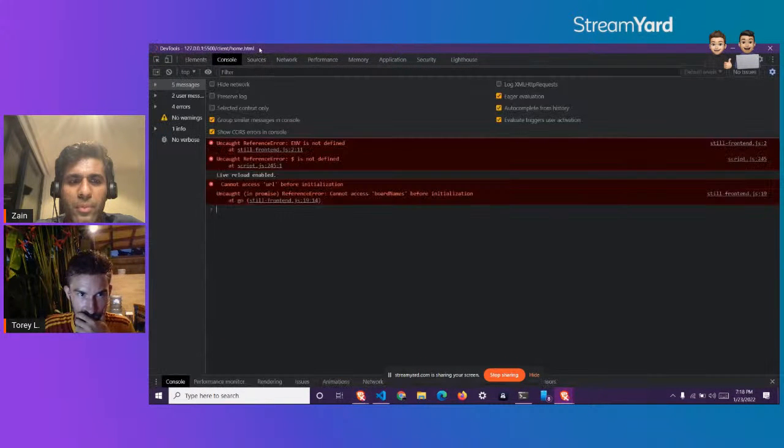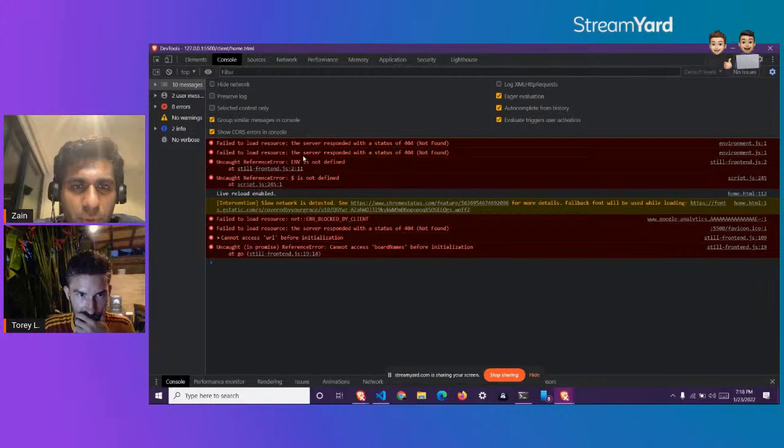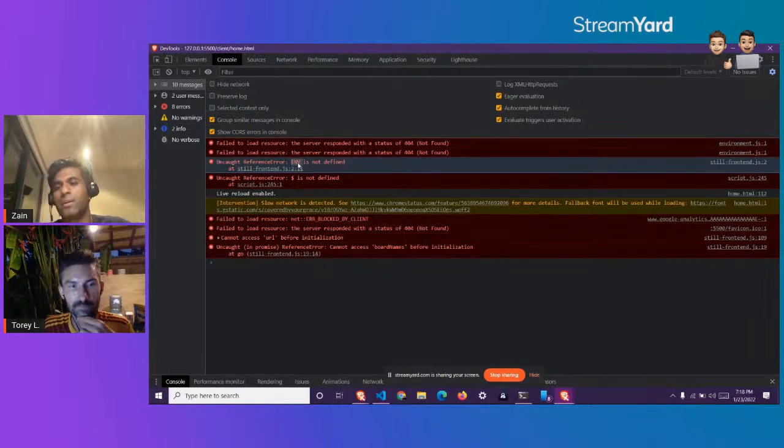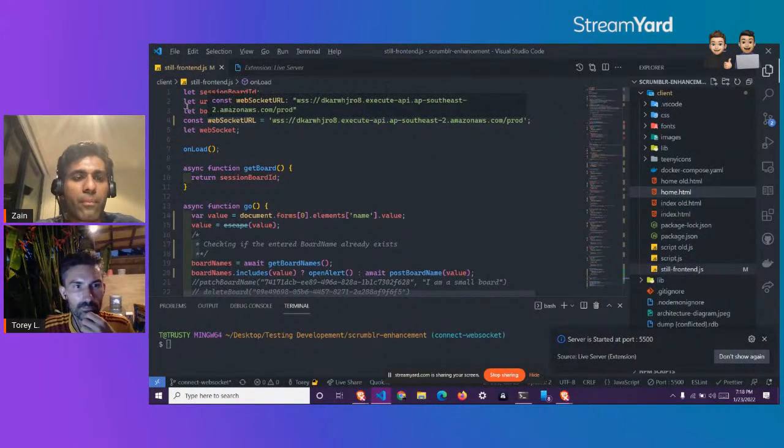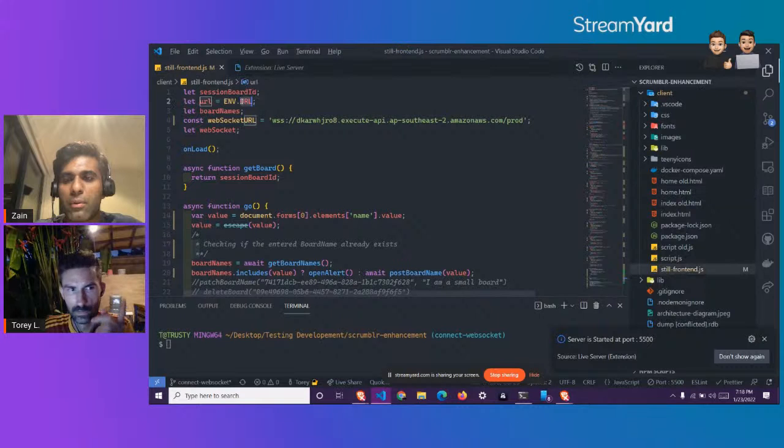I think I would know what the problem is. You probably haven't got the URL. ENV is not defined. Yeah, it is not. So I'll give you the URL of the API gateway as well, and then you can deploy that. Wait a second. Where does this come from?